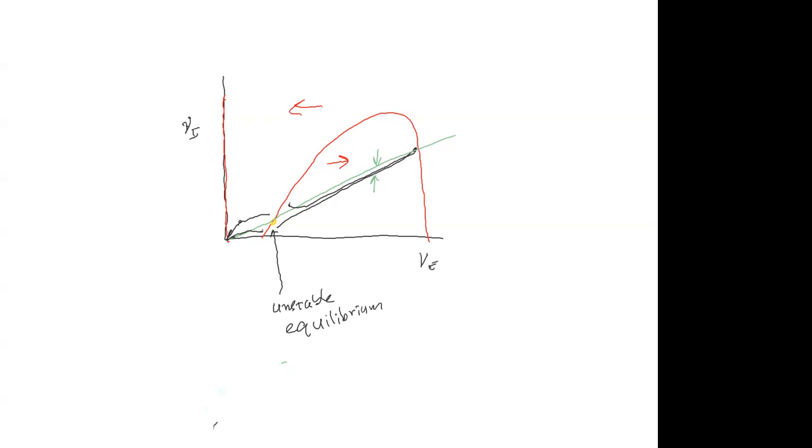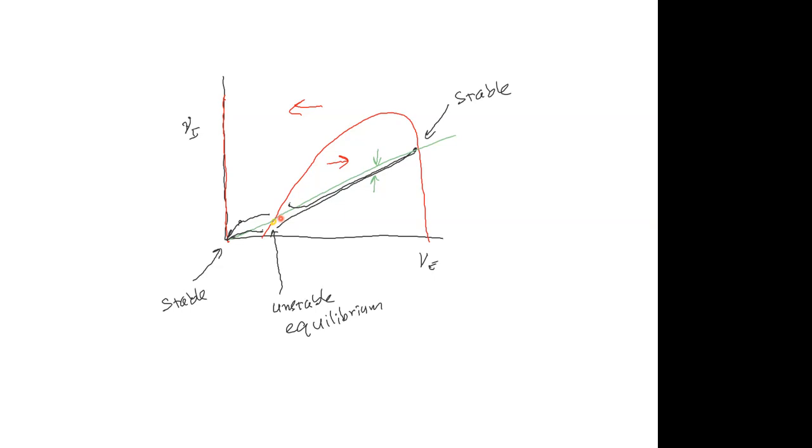Okay. So this point is stable. And this is stable. But this point here is unstable, which is too bad because that's a low firing rate. Okay, so